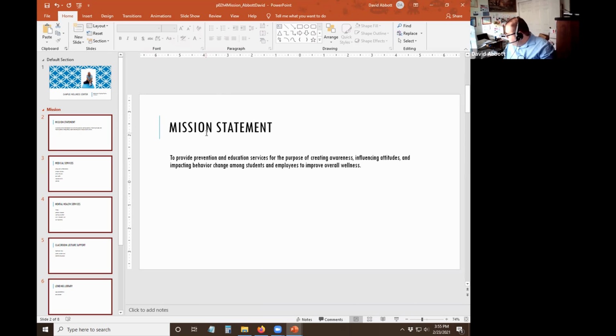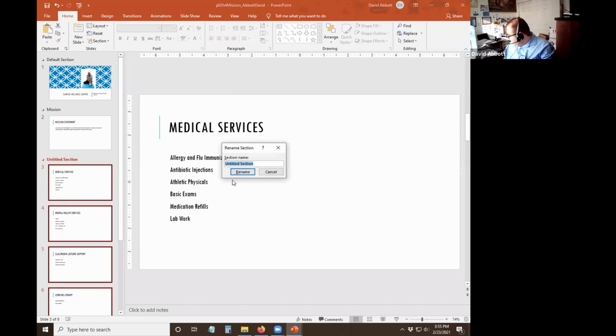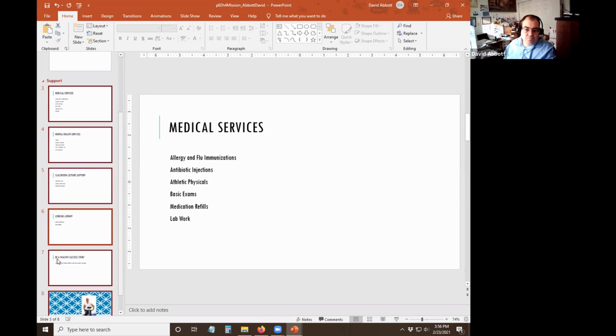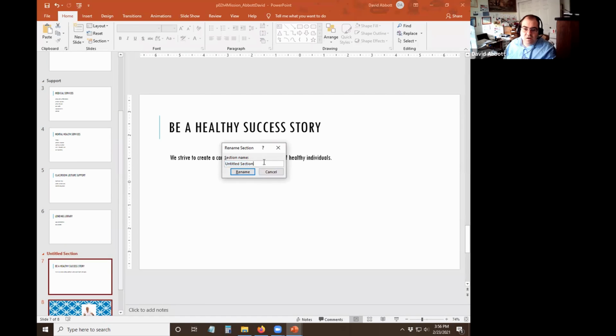Then what we'll do is we'll go ahead and we'll click on slide 3 now, and we'll go ahead and make a new section. So we'll click on add section, and we will call this one support, and then hit rename. Okay. Now, if for some reason that little box doesn't pop up, you can right click and then hit rename section. It'll allow you to do that. And it says to right click between slides 6 and 7 and create a section called closing. So right here, we'll click in the middle of those, add section, and we're going to call this closing